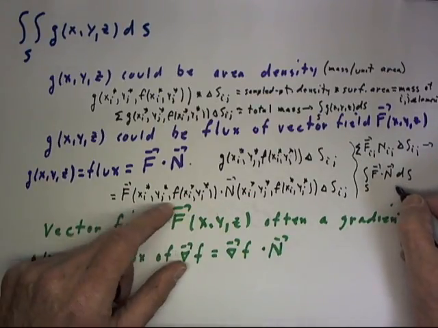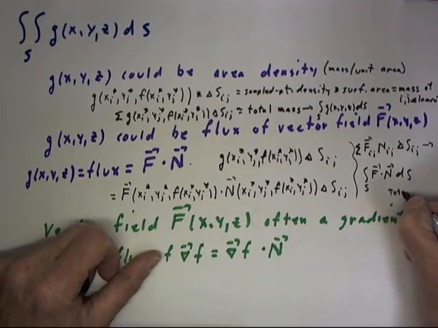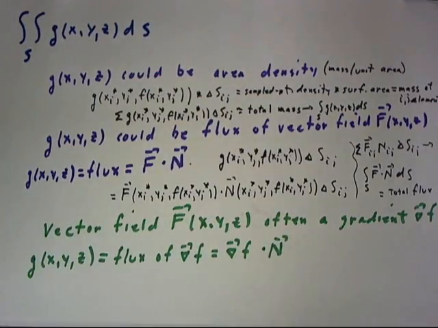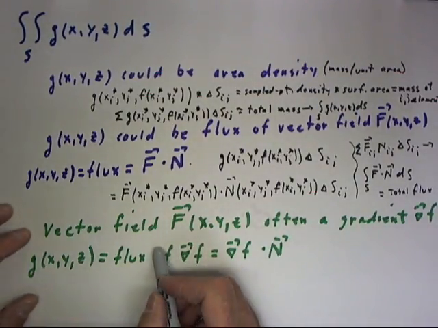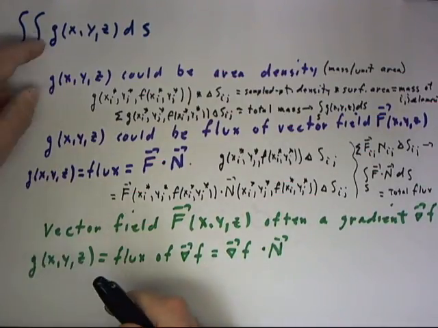And the integral in this case, this is a flux, this is the total flux. In the case where the vector field is a gradient of some scalar function, then the integral of g